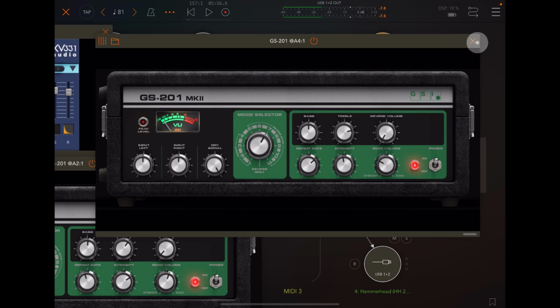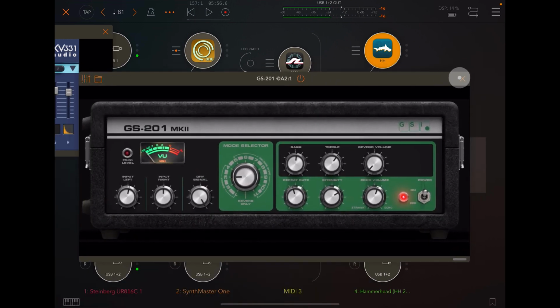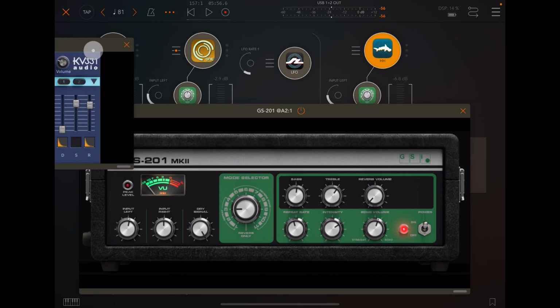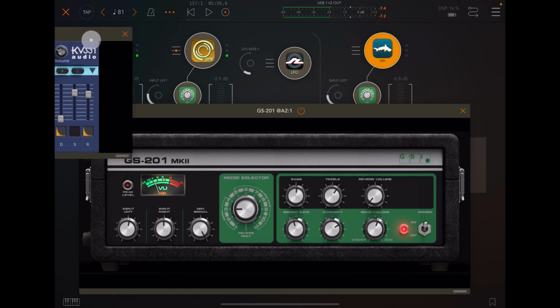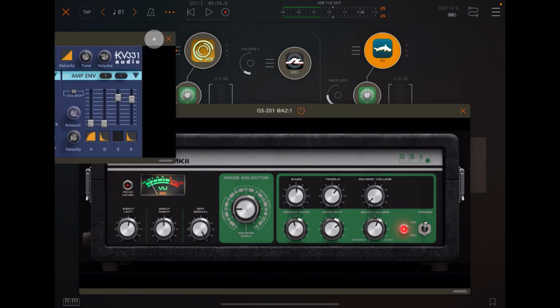Anyway, if vintage tape delays are your thing, then yeah, this is great. If they're not, then no. You know, they have a particular sound. I like lo-fi, I like retro, I like tape echoes, always have. So yeah, for me, it's great. I like that patch as well, and I made that just before I did the video, just using one oscillator. Sounds great through the...